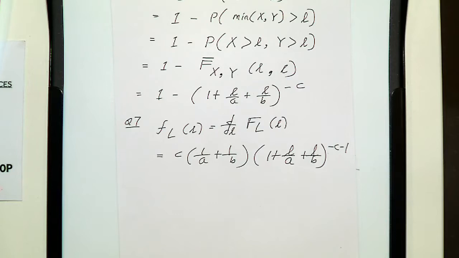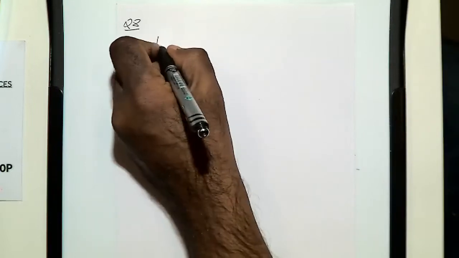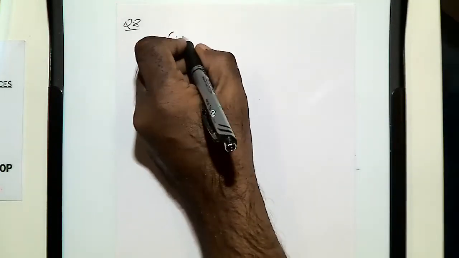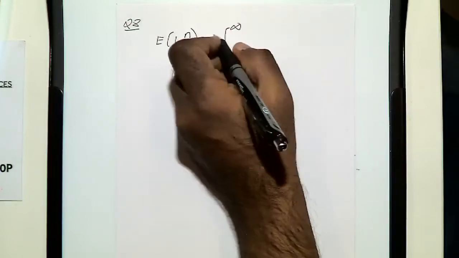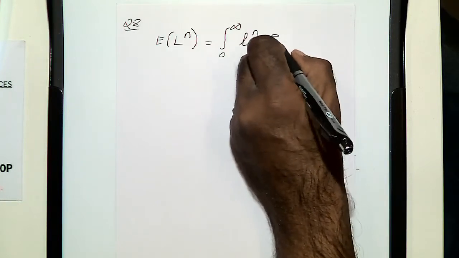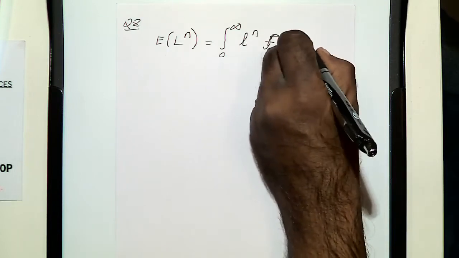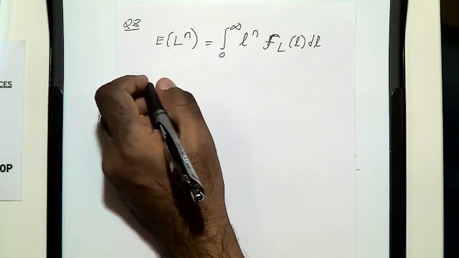Part 8 is to find the nth moment of L. So once again you need to find, so let me take this away. So this is part 8. We're going to find the nth moment, which is basically the expected value of L to the power n. So this is the integral from 0 to infinity of, okay, so this is gonna be